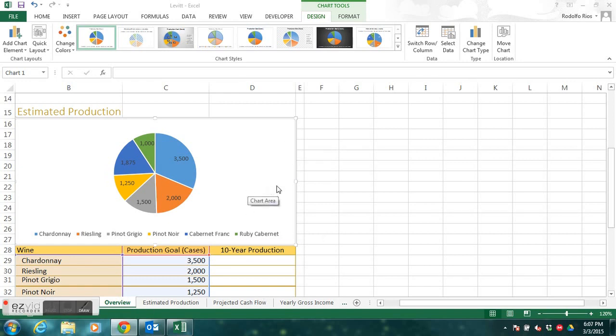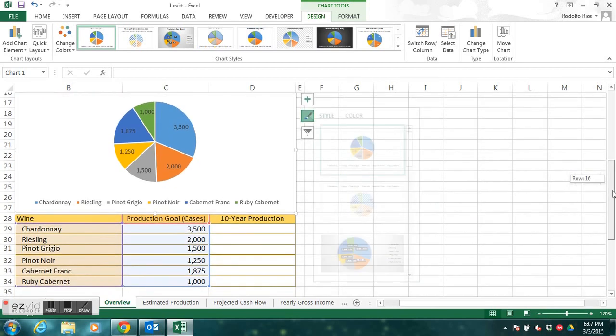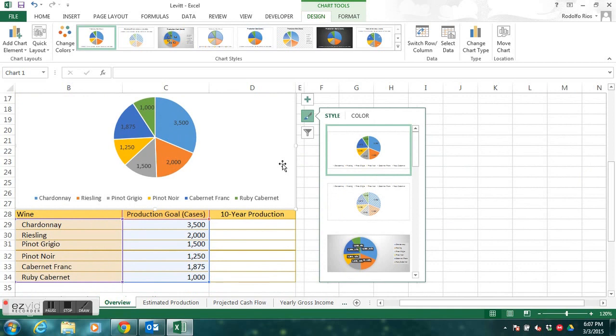Now let's change the style of chart that we have. So we make sure that our chart is highlighted, our pie chart's highlighted, and we're going to go to our shortcut buttons here, and we're going to click on the chart styles button, and we're going to choose style number 12. So if we're not really sure which style we're in, we simply